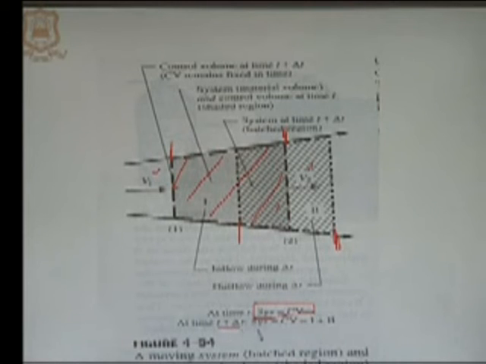At time t plus delta t, this is the system, shown with the help of these section lines at 45 degrees, which is equal to the control volume, this is the control volume between these two lines, minus this area and plus this area,